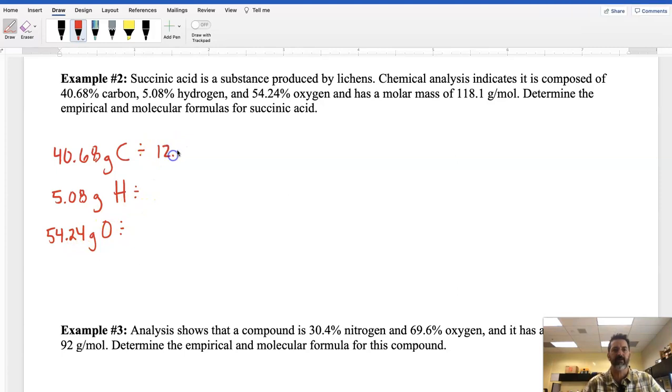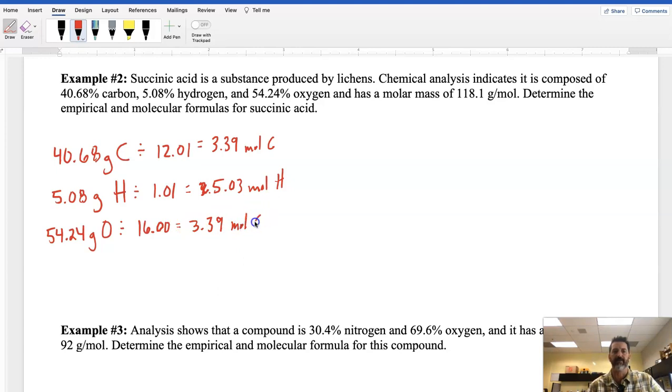I'm just going to divide by the molar mass. I'm not going to show the dimensional analysis here. Divide by the molar mass of hydrogen. Divide by the molar mass of oxygen. So this is going to get me the number of moles. Okay, and when I do that, I get 3.39 moles of carbon. I get 5.03 moles of hydrogen,